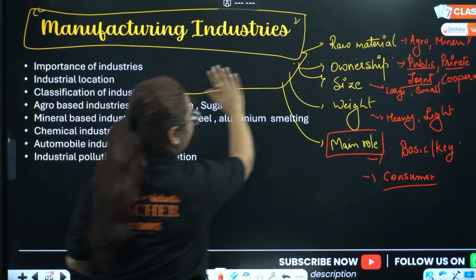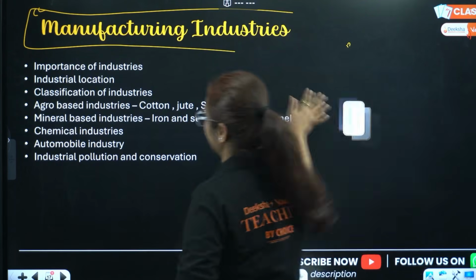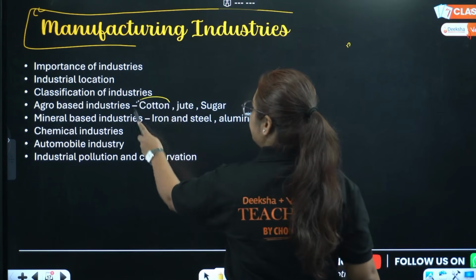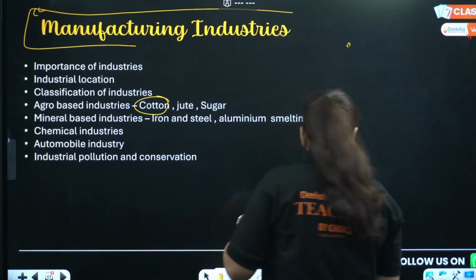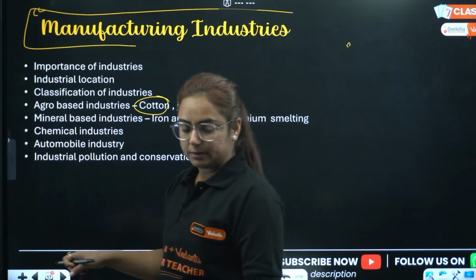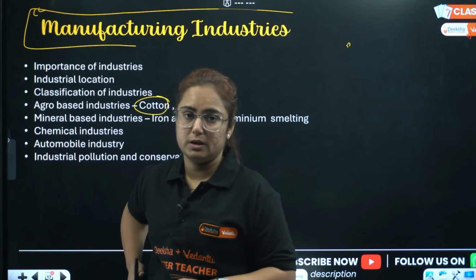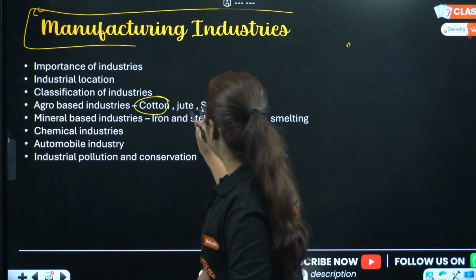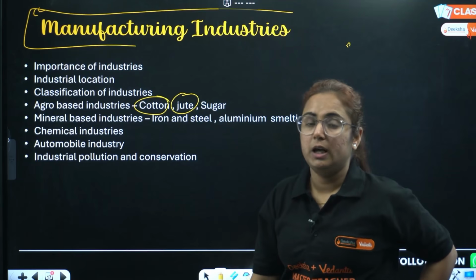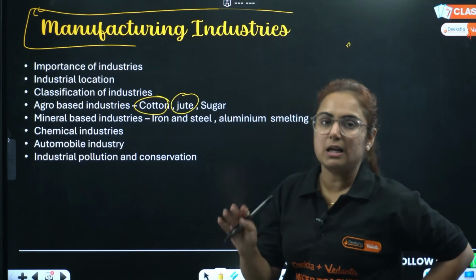So this is the classification of industries which you have to do very nicely. Next are details about agro-based industries, that is cotton. India is a big producer of cotton in the world, and it was famous for it. UP, Bihar is good, Maharashtra, Madhya Pradesh, Gujarat produce so much cotton in the black soil. Jute is grown in the region of West Bengal. Bangladesh is the largest exporter. We are the largest producer because we consume it also.